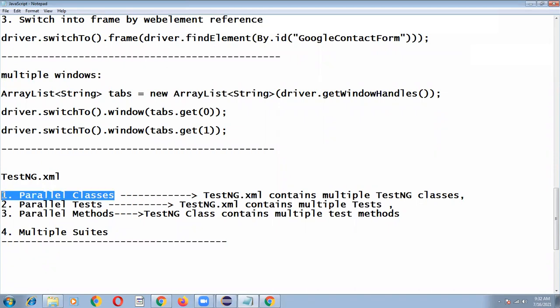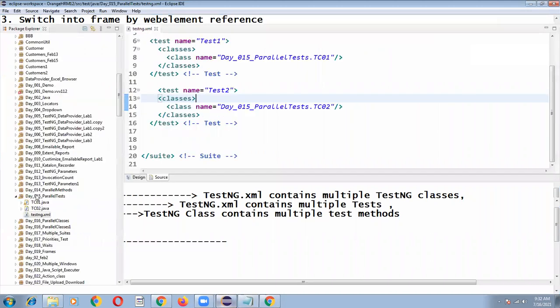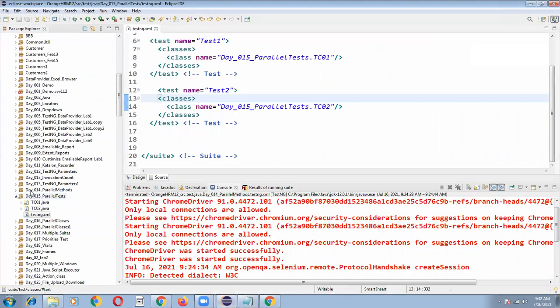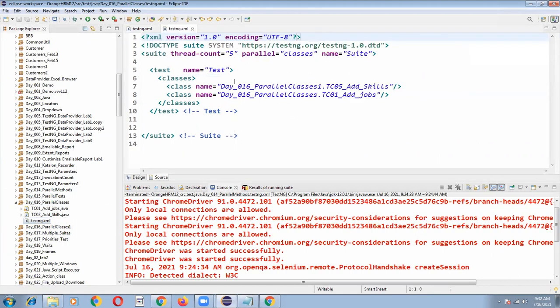If I go with parallel classes, now let's understand this approach. What are the changes that I have to make? So let me go to the parallel classes and here I'm going to write my parameter name.